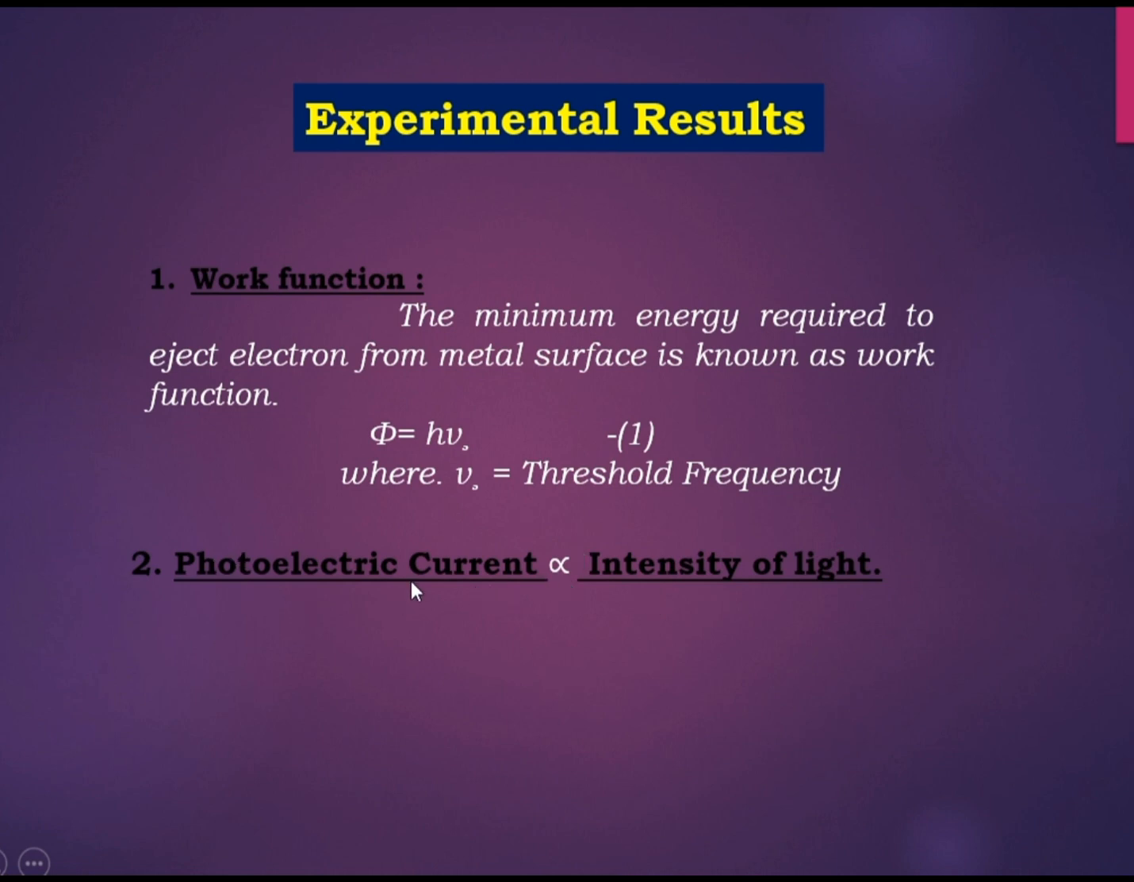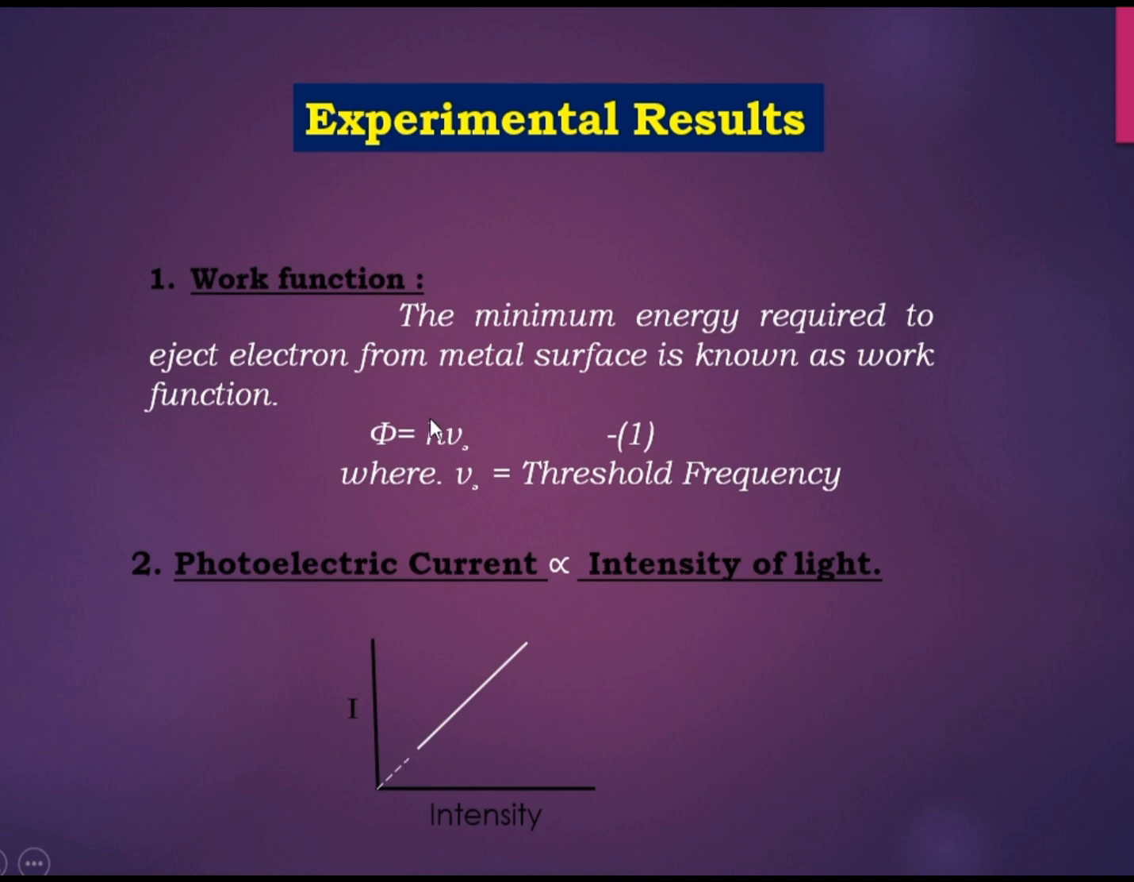So in this way, photoelectric current and the intensity of light incident on that metal surface are directly proportional. Okay, so this is photoelectric current, this is intensity, and they are directly proportional. Now what does this dotted line mean? It means that